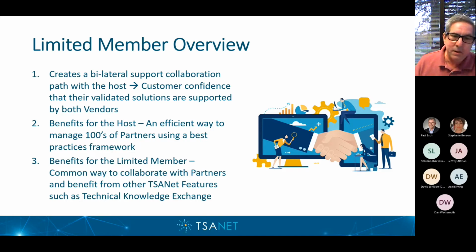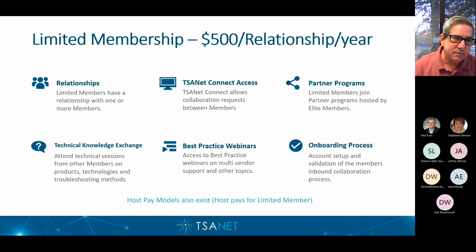Well, this gives them a very easy way to go to one place and know how they're going to collaborate, instead of having one way to get a hold of this company or another way to get a hold of that company. They have a common platform to do that. It gives you a common platform too, but in most cases, it's going to be very limited because when you joined TSANet, instead of getting into multiple relationships or a relationship that had a bunch of companies in it, you came into a one-to-one relationship, and that's why we call it limited members.